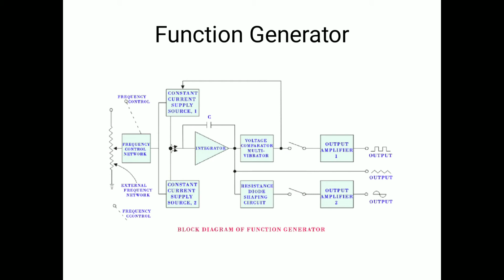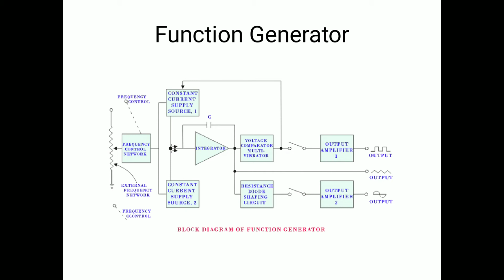In the second interval of the frequency control network, it triggers the other constant current source, which delivers current in the reverse direction. In the reverse direction, we take this current as a negative current. Suppose this is minus 1 milliampere. When this is given to the integrator block, it integrates that input. After integration, it gives minus t as its output, which is nothing but a negative slope.